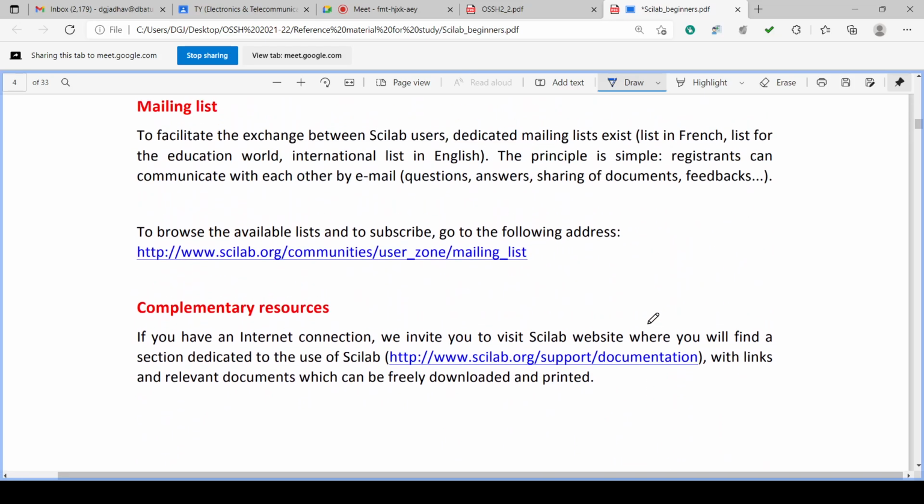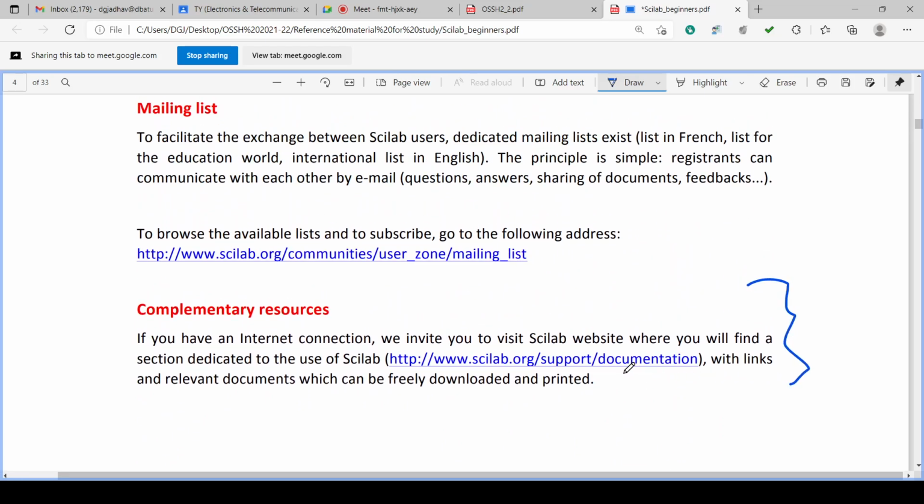So there are a lot of resources we can go to and we can have the documentation of this. We can check in those documents. Whatever we are discussing now is also one more document on the Scilab. So we are using this document as the Scilab document. Similarly, a lot of documents are there in the support documentation.